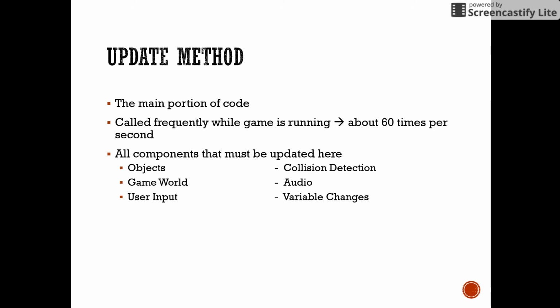So if you wanted to change your counter, it needs to be done through the update method. If you want to change where your picture is currently located, it's done through the update method. Any sort of change occurs in the update method. So the bulk of your code, of your program, will go here. This is where any component in your game, when you're detecting collision, when you have a sound, anything that is changing, if you're trying to get input from the user and the input is changing, anything that is changing, anything that needs to be updated goes